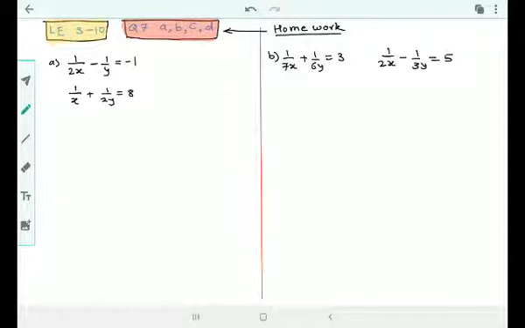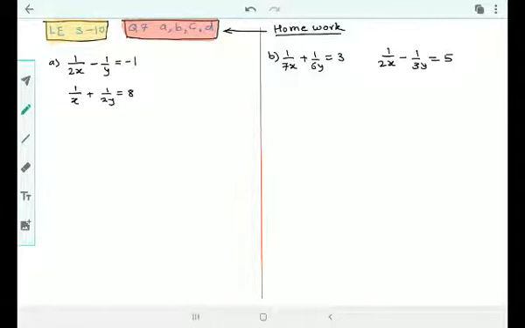Come on, let's start. In question number 7, A, B, C, D, I'm actually not going to solve all the questions. I'll just be giving you hints. You have to complete these questions yourself. Maybe one question out of all these A, B, C, D I will be solving.